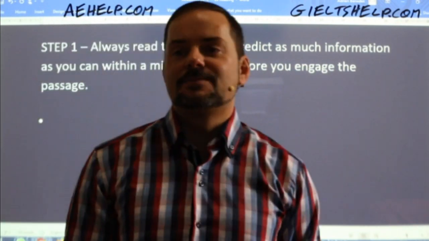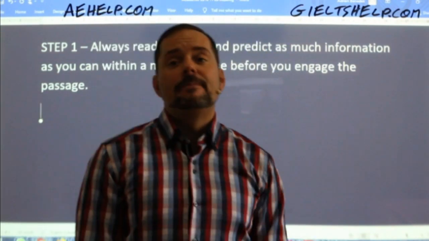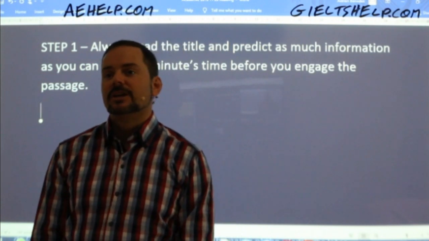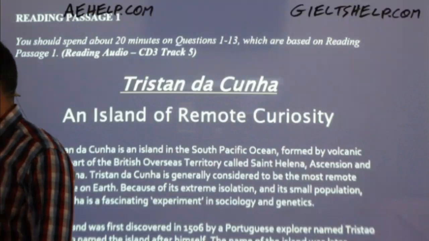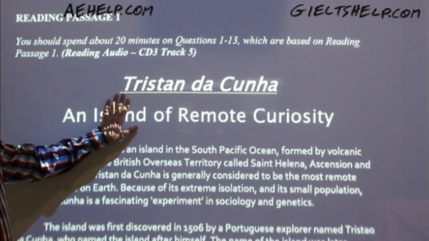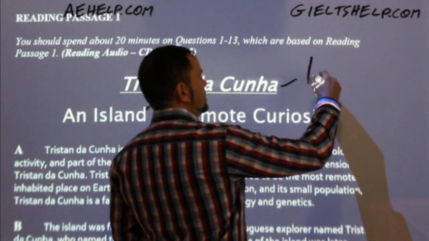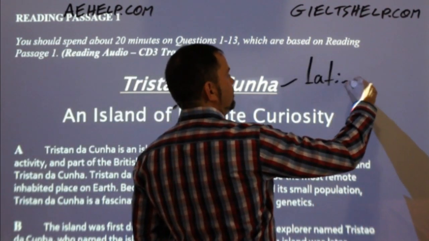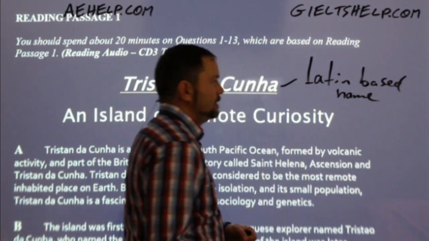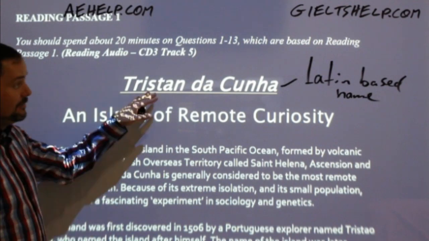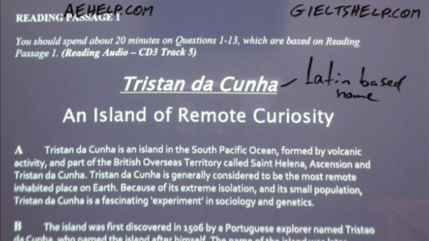So Hassan says maybe the topic is about a specific island in France. Hassan, not bad. Okay, hi Roshni. Not bad. So you're thinking Tristan da Cunha is possibly French. Definitely what comes to mind is this is a Latin-based name. It's actually not French, Hassan, but not a bad try. So definitely Latin-based. You're not far off, Hassan. You're close, so it's a good prediction.